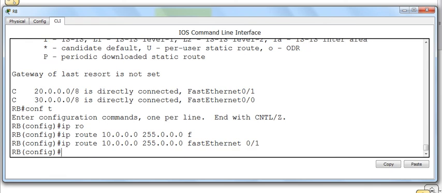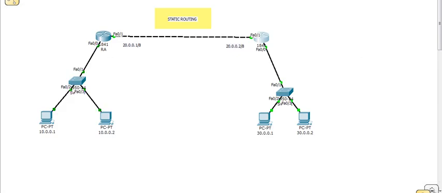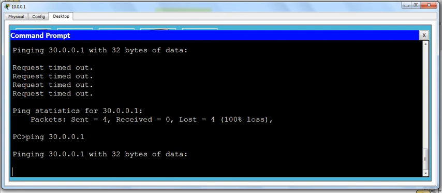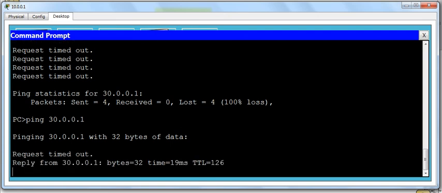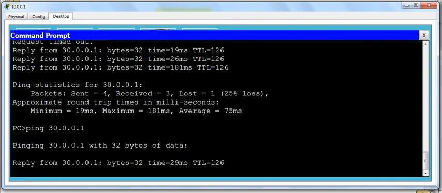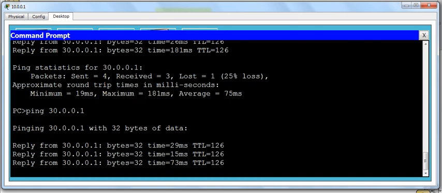Now for the return packet also we have written the route. Now if I ping from this PC, definitely I should get a ping, because there is a to and fro path. The first packet was lost because MAC address learning took some time, but from now onwards it will keep on pinging because the MAC address is already learnt.